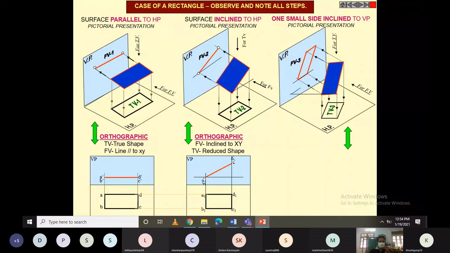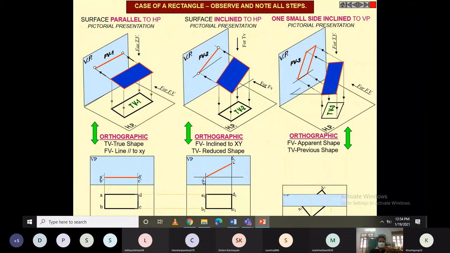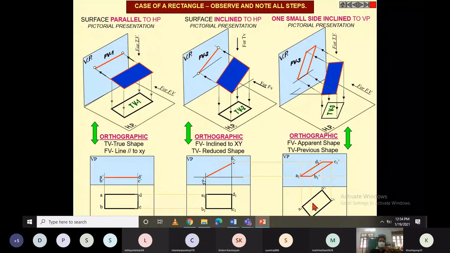And third, here we have the front view, which will appear something like that, with some shape, and the top view, which is also not simply a line, but also has some shape. So based on that, we can construct the front view and top view projections likewise.